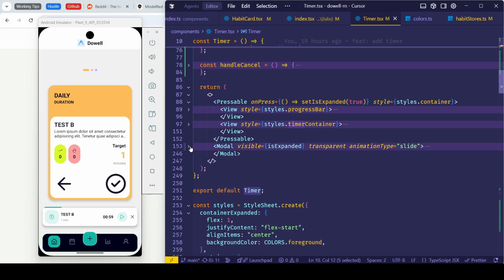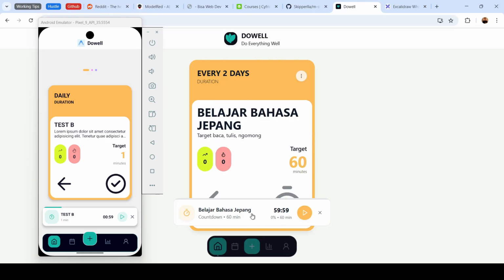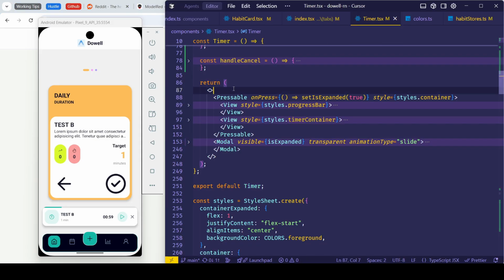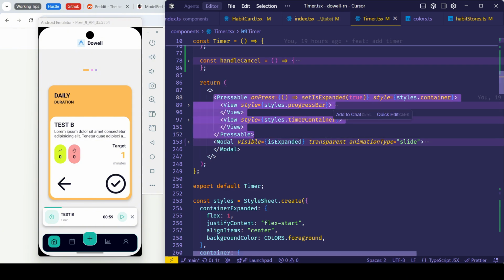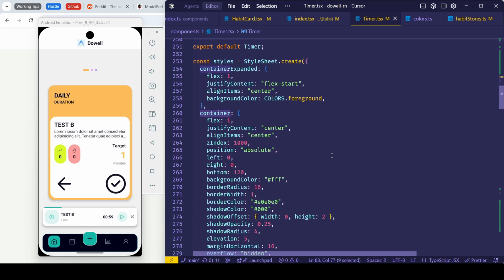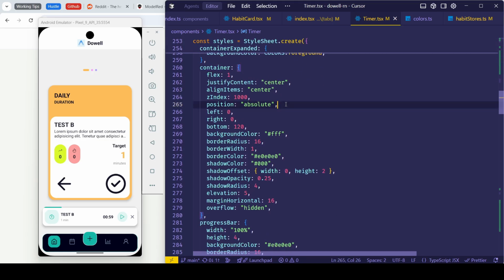Okay, just wait. Okay, for this countdown section below, this is floating, so I just make the root parent without a div, but basically this is a div too, and I make the floating countdown right here with Pressable, and then it will be styled with container. The important thing in the container is absolute position, and z-index is 100.